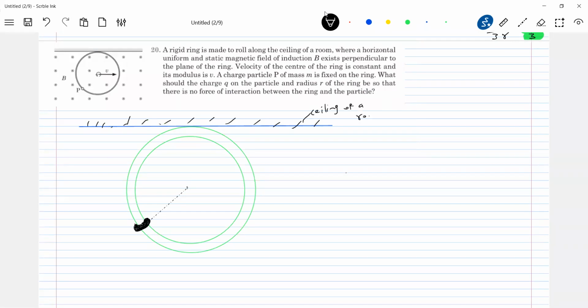Instead of on the ground, he is making it move on the ceiling. So this will be the angular velocity. Look at the omega, and we don't know the radius; that's why he has not given it. And B bar is everywhere into the plane. Let's get into the problem now. There's gravity.